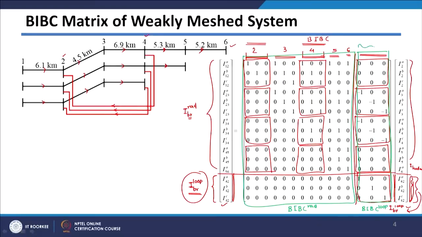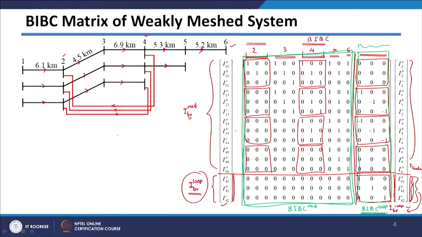So, this particular part from here to here, I am calling all the columns corresponding to this block BIBC loop, and all the columns corresponding to this particular block, they are basically BIBC radial system. So, here, if you write this equation in short form,